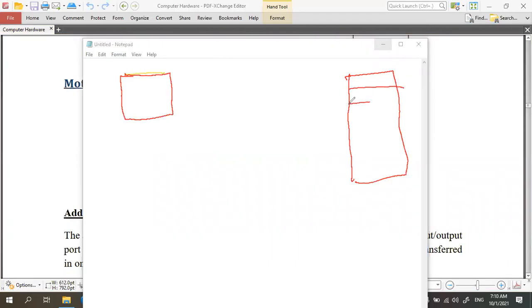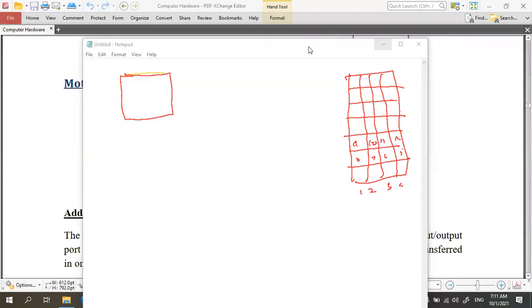The RAM is divided into small locations, and each location has an address. An address is just a number. If we name them like 1, 2, 3, 4, 5, 6, up to 12, each location has an address.